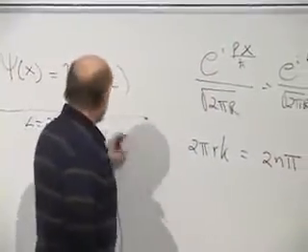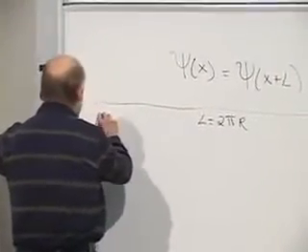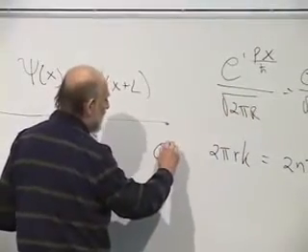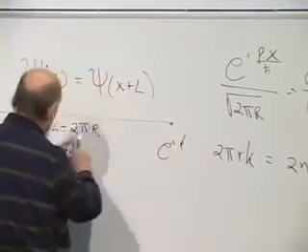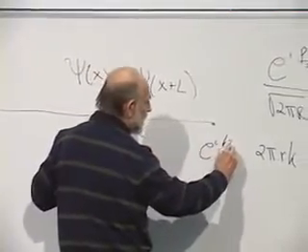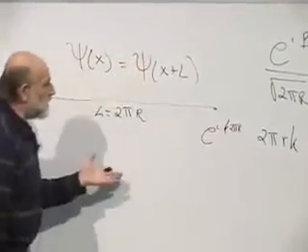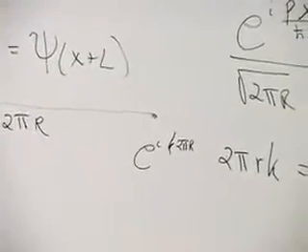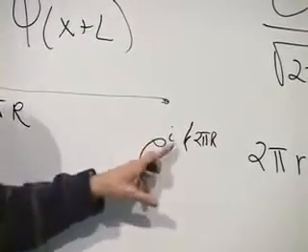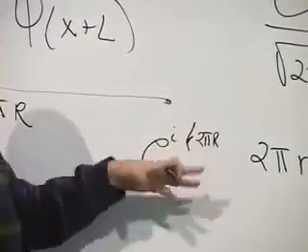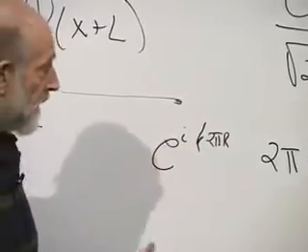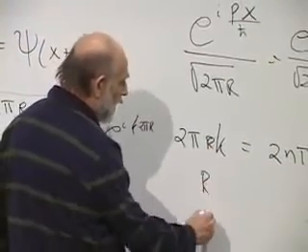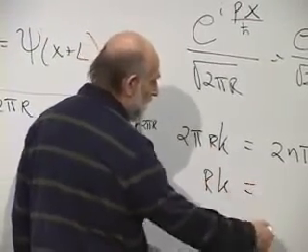In other words, if the wave function over here is 1, then over here it will contain the factor e to the i k x, and then x will equal 2 pi r. If the wave function is to be periodic, then e to the i k times 2 pi r must equal 1, and the only way that can happen is if 2 pi r k is equal to an integer multiple of 2 pi. All right, so that would just say that the length r times k must equal